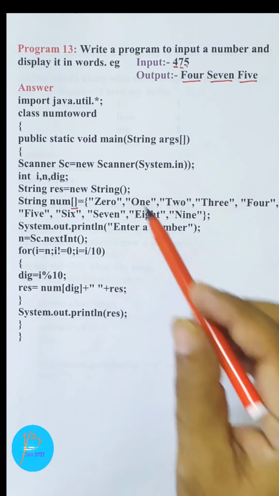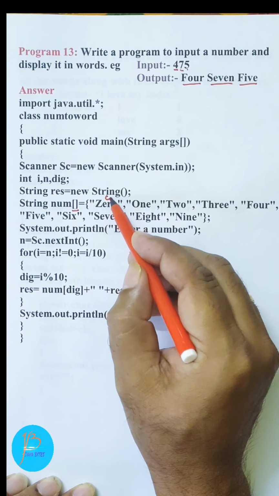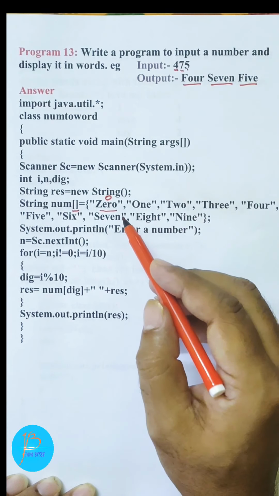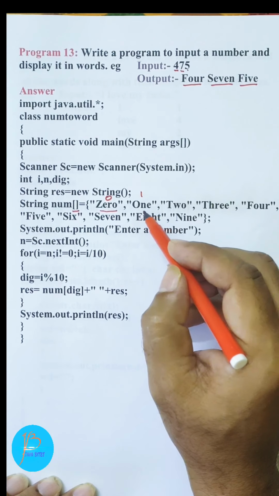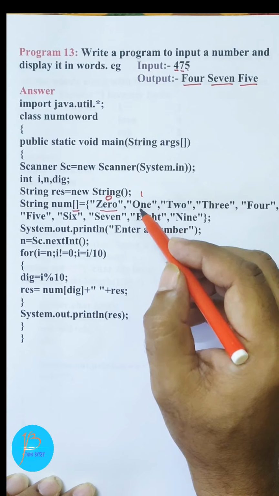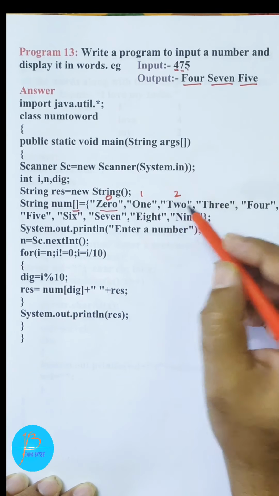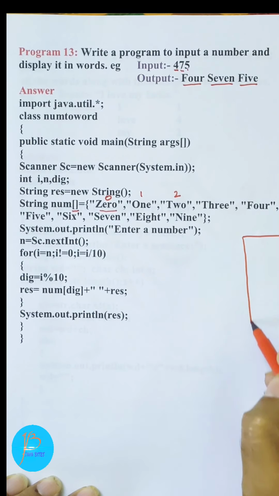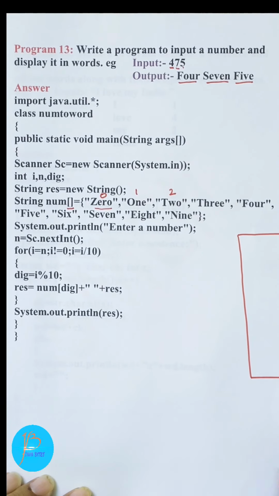One more very important thing: in this array, at index number 0, the value is written as zero. At index number 1 we have one. You know it is a string type value, so you have to keep it within double quotes. At index number 2, we have the value two. Children, you know what the format of an array is. Let us go through the format of the array.